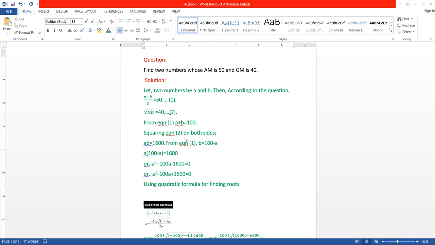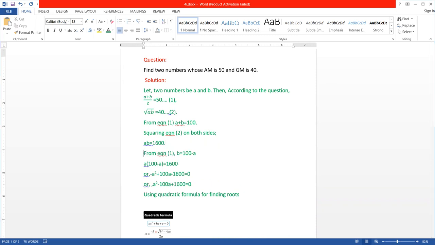And from equation 1, we get B equals 100 minus A. So if we substitute the value of B in equation 2, which is AB equals 1600,